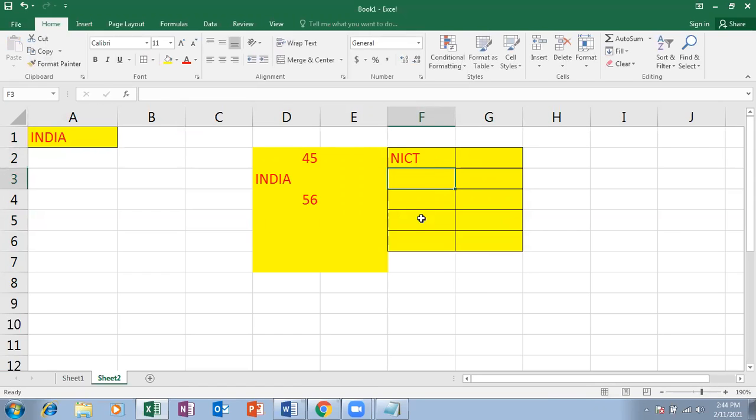Okay, and once I copy and paste the format by single click, automatically the brush tool will be removed.